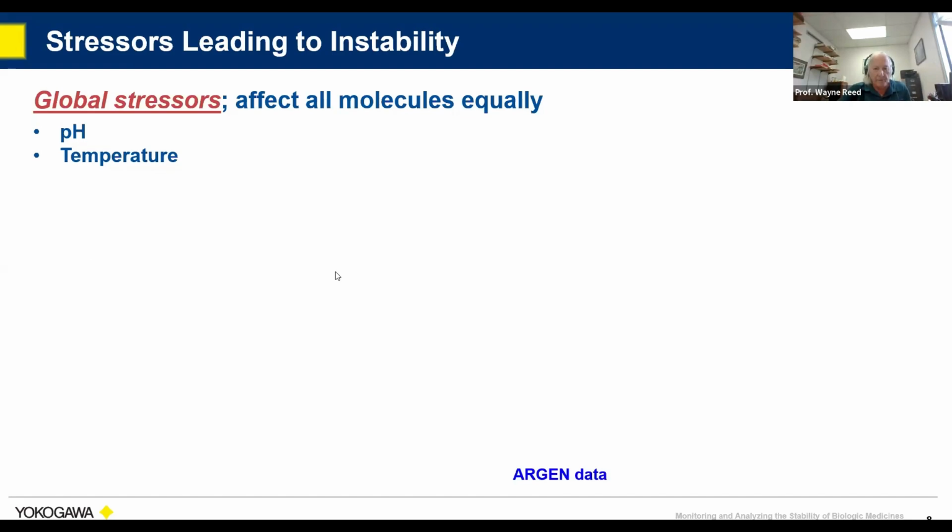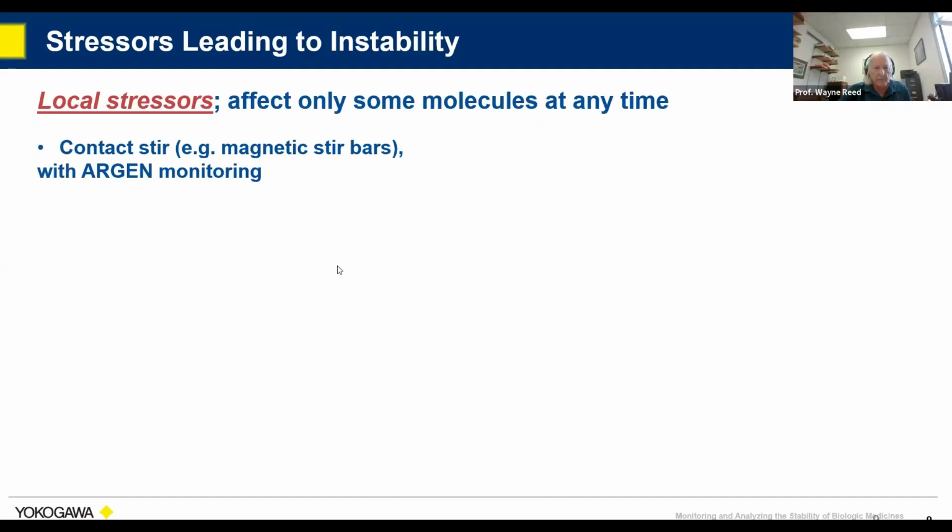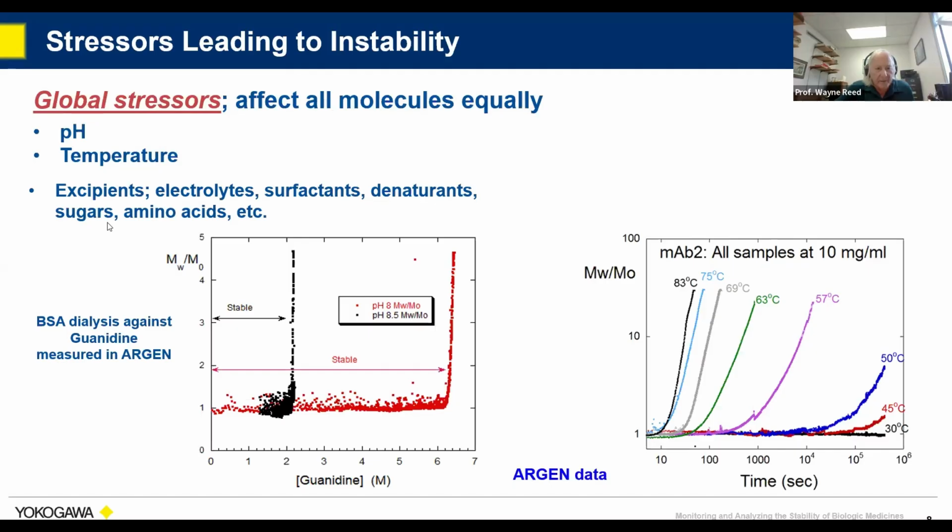In fact, see if this will come up. Didn't come up. Okay. For temperature, if you look at this figure over here, now what we're going to be showing a lot of is MW over M0. M0 is the starting molar mass of your biologic, in this case, a monoclonal antibody. MW is its value at every moment thereafter. It's a time-dependent function. So when there's no aggregation, it's 1. If you get a value of 2, it means on weight average, you have 2 biologic molecules per aggregate, 10 would be 10, and so on.